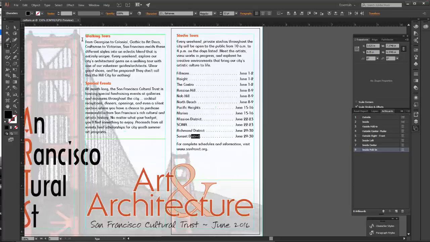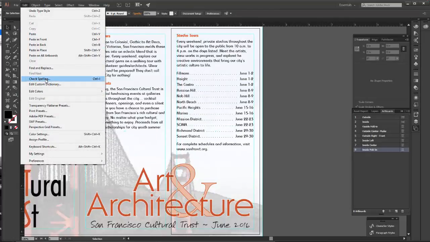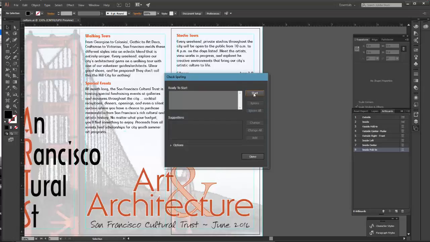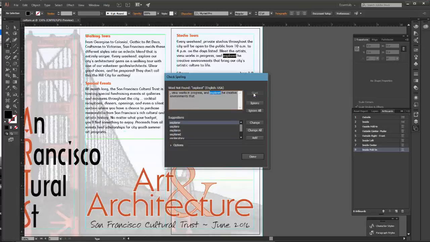Again, we're going to make sure nothing is selected, and we're going to go to Edit, Check Spelling. And this will check everything in the document. Go to Start, and here is a typo. And so in this section, we are going to change this to read Explore and delete the extra space